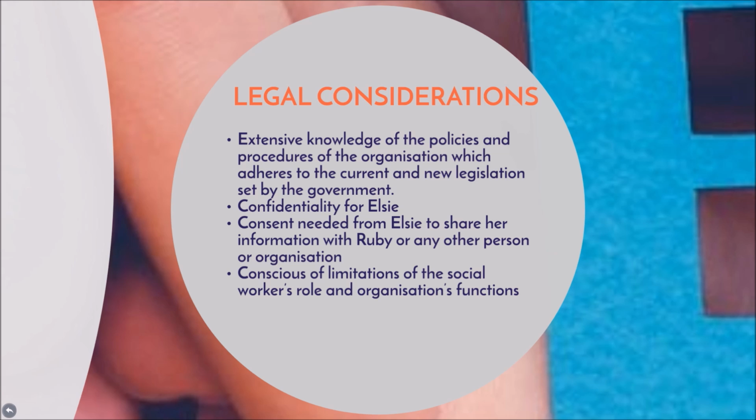for their best interest. Elsie has her Aunt Ruby with her but our organisation still requires permission from Elsie to include Ruby in any discussions or treatment plans. Elsie is 18 years old, and it has been determined that she has the cognitive capacity to give this permission with the understanding of what it means. In relation to Elsie, our organisation must be able to deliver a quality service, which includes asking Elsie what information she would like to share and with whom she would like to share it with.